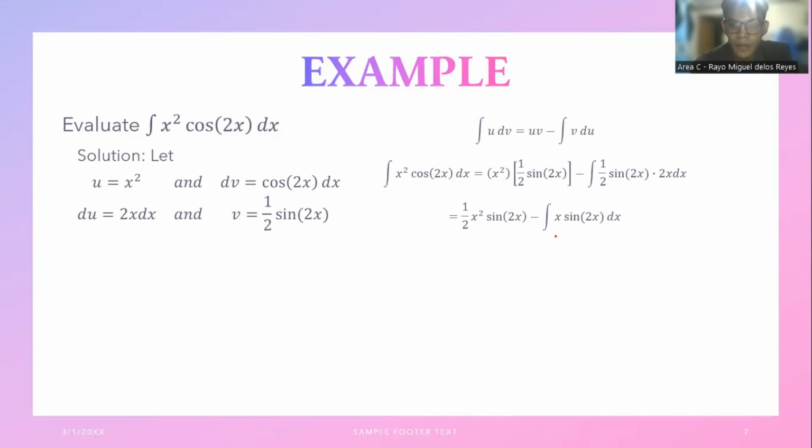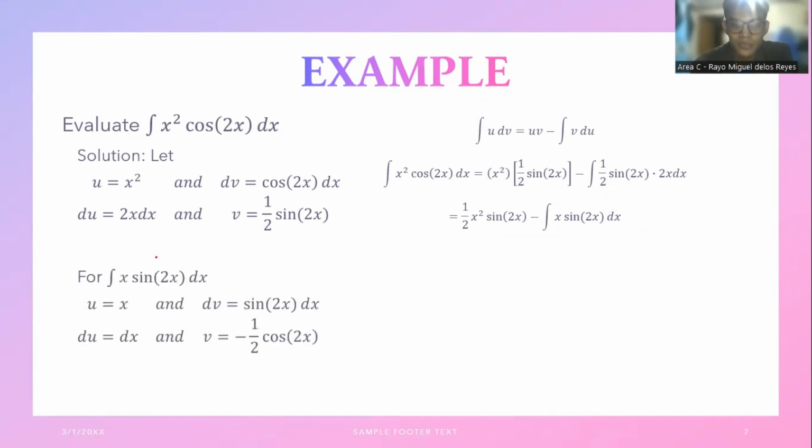So since this is complicated na, or the product of two functions, gamitan natin ulit siya ng integration by parts. And so, for this part, we have u is x, dv is sine 2x dx. And then du is dx, and v is negative 1/2 cosine 2x. And then, simplify, then use the formula,